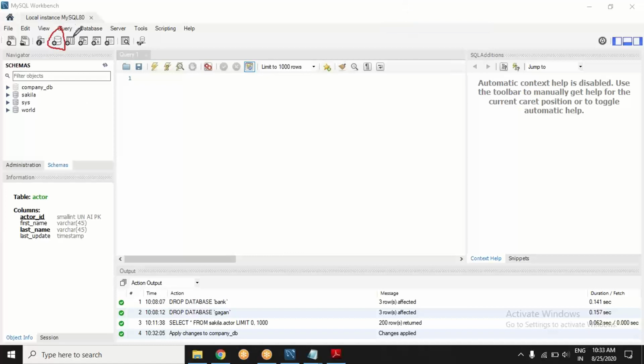Click on this icon. It will ask you to create a new schema. You can rename your new schema and apply till that execution is complete. When this execution is complete, you will see that new database name here under the tab schema. Okay. Let's go ahead for some DDL. You get the gist, right? Now you have defined a schema. So this is DDL. You create a schema. You have done that.